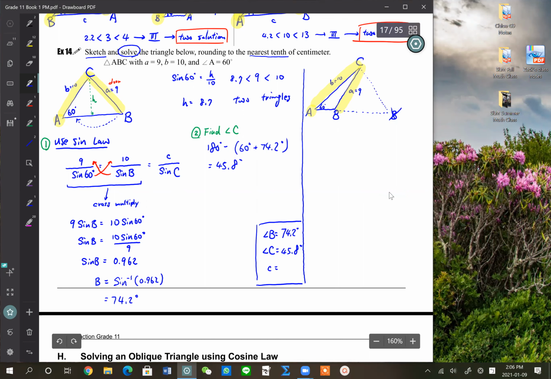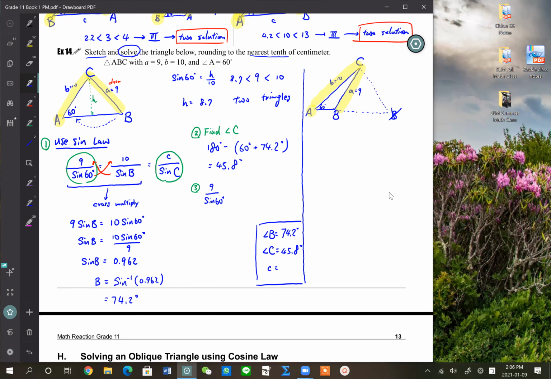Last thing is the side C, right? So side C, then you need to look at the pairs again. You look at the first pair, 9 over sine 60, and the last pair, the pair for the C. So we can set it up and cross multiply it once again. So 9 over sine 60,